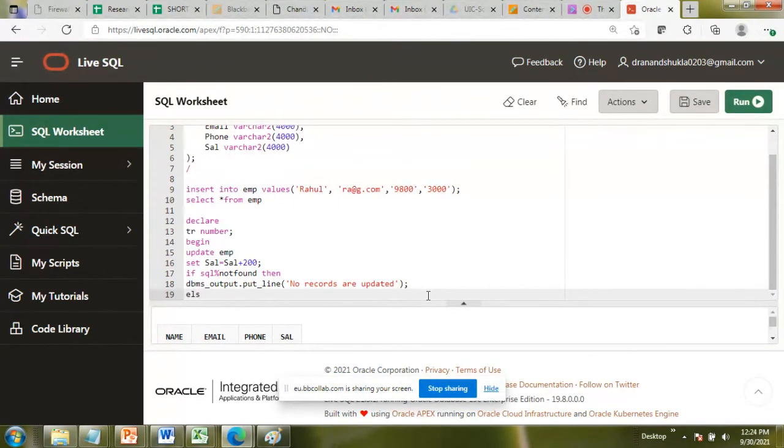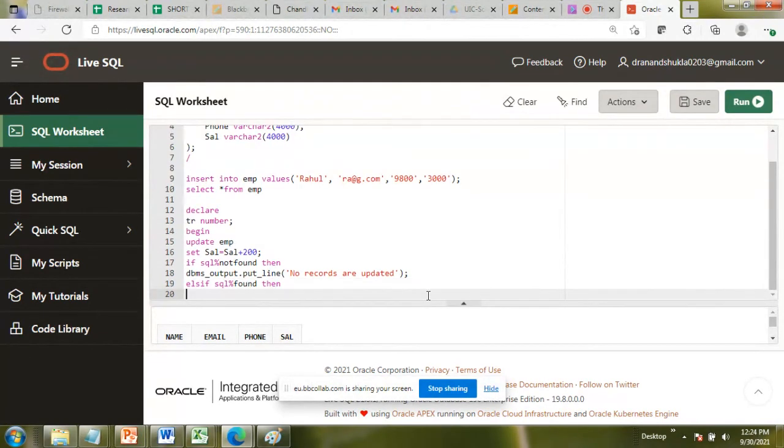Then else, coming to the else if part. Else if SQL%FOUND, then how many records are going to be updated? So you can use TR. TR you have already declared here, the TR that you have already declared in line number 13.